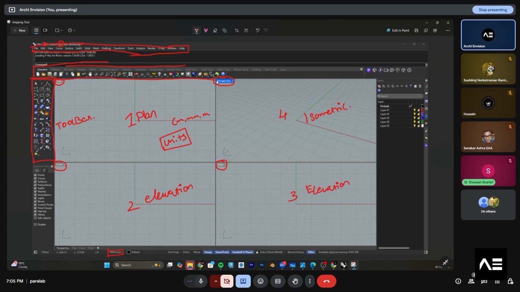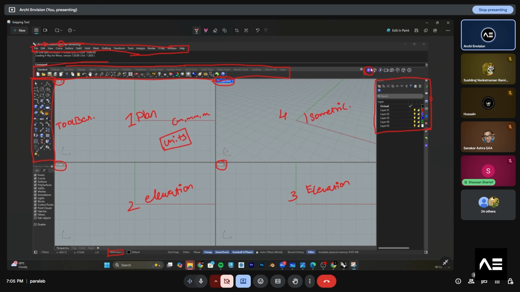This is the entire thing we have to focus on. And in the right part you will get the layers. For example, it will show you all the details of the layers, materials. Over here in the right hand part you will have the layers, viewports, named views, the materials, and Rhino. You do not have the DeFi over here, but you can install it for your system if you are willing to.